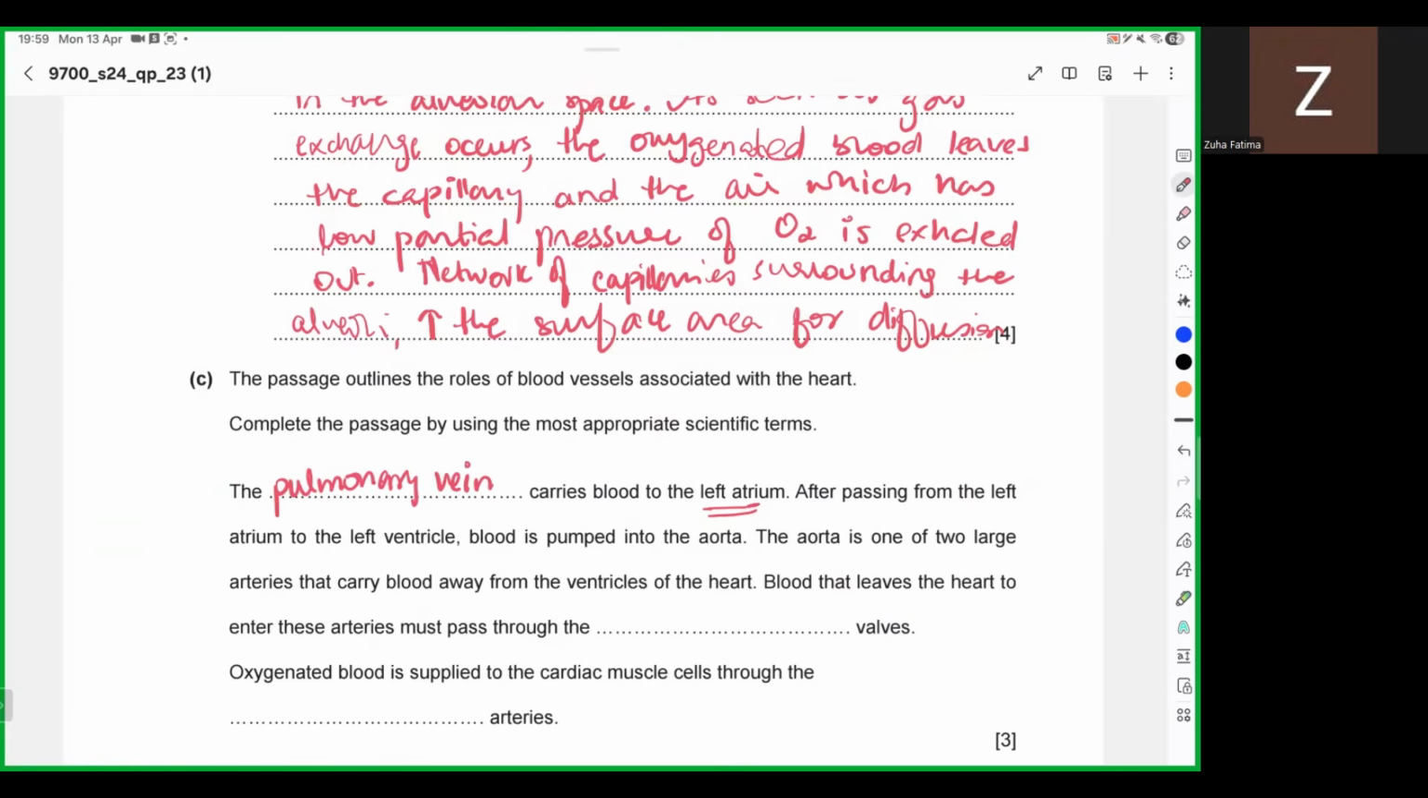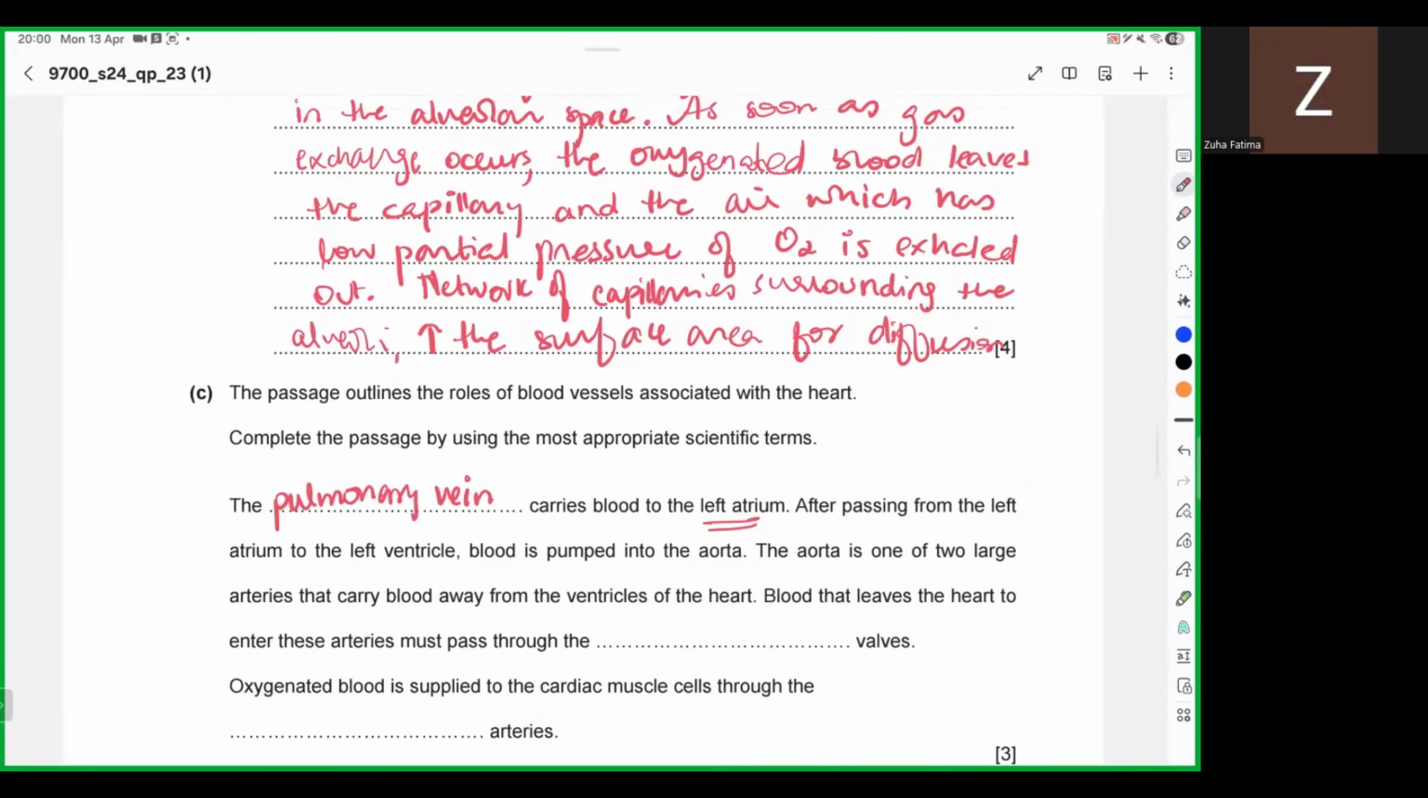After passing from the left atrium to the left ventricle, blood is pumped into the aorta. The aorta is one of two large arteries that carry blood away from the ventricles of the heart. Blood that leaves the heart to enter these arteries must pass through the dash valve. One of the two large arteries that carry blood away is the aorta, the other artery which carries blood away from the ventricles of the heart is the pulmonary artery. So the blood moving from the ventricles to either the pulmonary artery or the aorta has to pass through the semi-lunar